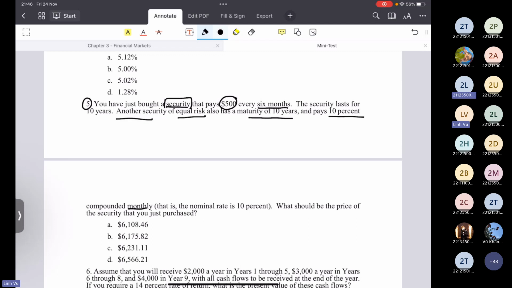Tức là các bạn sẽ thắc mắc là tại sao chúng ta lại cần phải có cái thông tin này, và compounded monthly với compounded semi-annually thì nó khác nhau như thế nào, và liệu $500 every 6 month này có tương đương với $1.000 annually hay không? Một số bạn đã hỏi cô câu hỏi như vậy thì cô cũng giải đáp luôn với